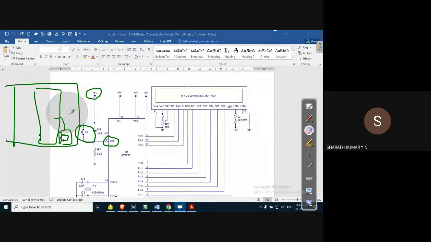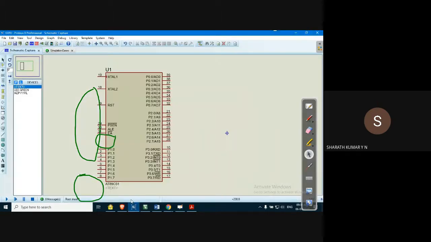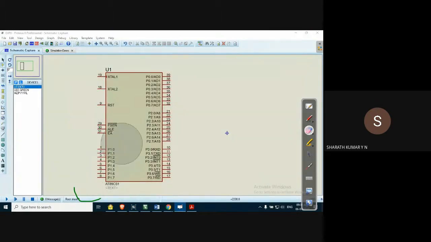Why I'm telling you this is that in generally, if you see any microcontroller based circuits, they'll show these two connections: the oscillator connections and the switch connected to master reset, pin number 9. This we need not do in the Proteus package. It is understood, and moreover, we are not resetting the circuit, so we don't make use of this reset pin anyway. In a hardware circuit we have to use it, but here it is not necessary.